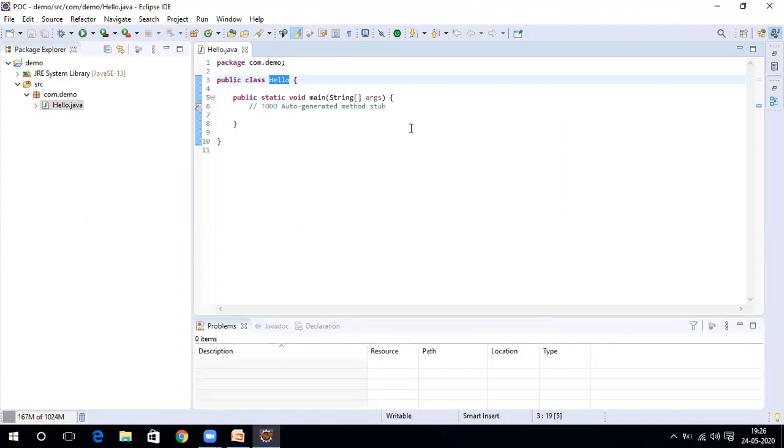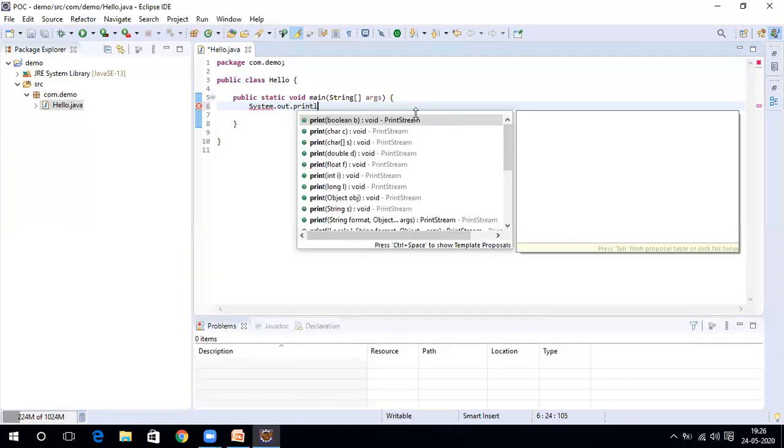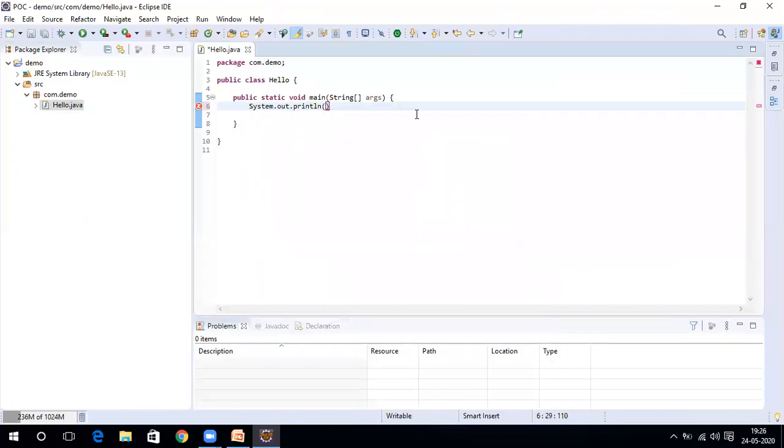Otherwise you need to type and write everything. Now here we will write a simple statement: System.out.println, and then we'll write a simple "Welcome to Tech". That's all, and click on save, and it will be saved.